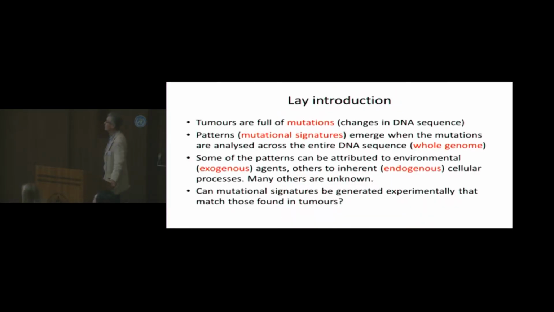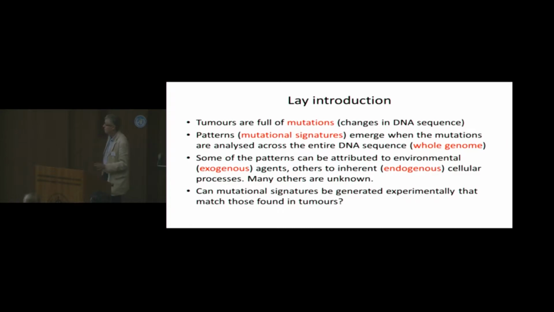As you've just heard, tumors are full of mutations, which are changes in DNA sequencing. We see patterns that emerge, which we call mutational signatures, when the mutations are analyzed across the entire sequence, which we call the whole genome. Some of these patterns can be attributed to environmental or exogenous agents, some to inherent cellular processes, endogenous processes. And it's important to point out that some of these assignments are actually based on informed knowledge rather than experimental